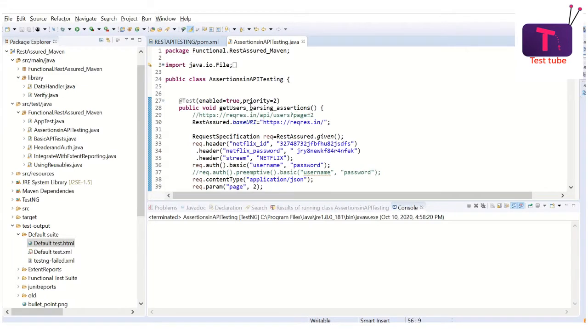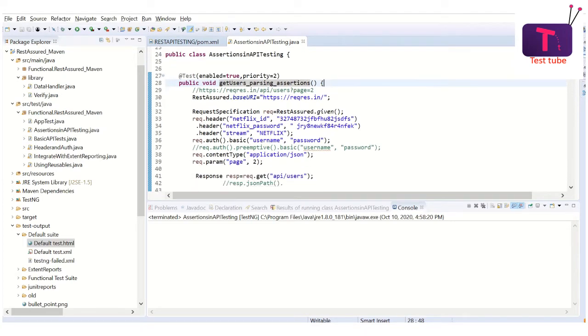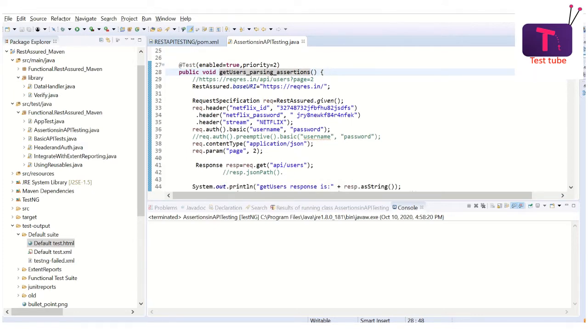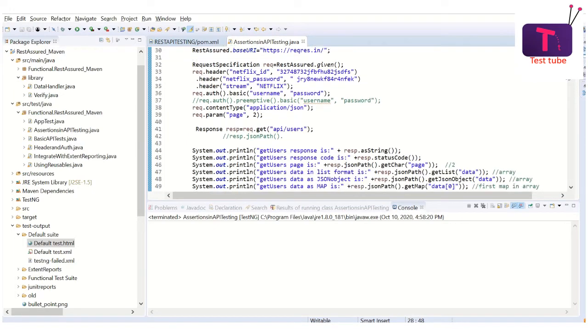In our previous video, we have seen how to pass a JSON response and also how to do assertions. And that is one step in the automation. And in this video, what we are going to see is we are going to pass or fail a test case without using the help of assertions.